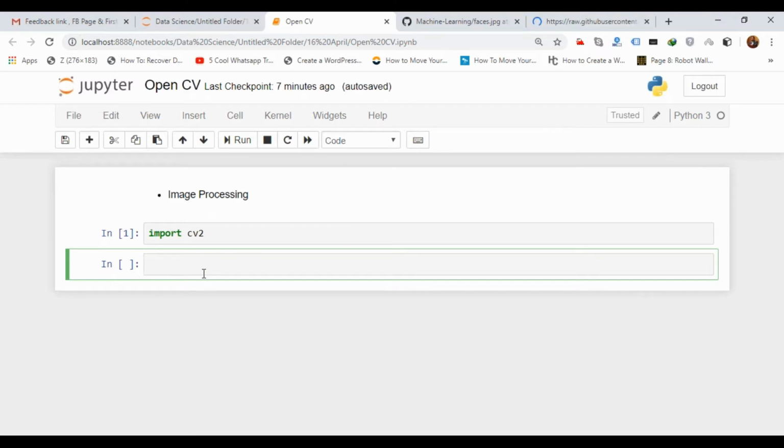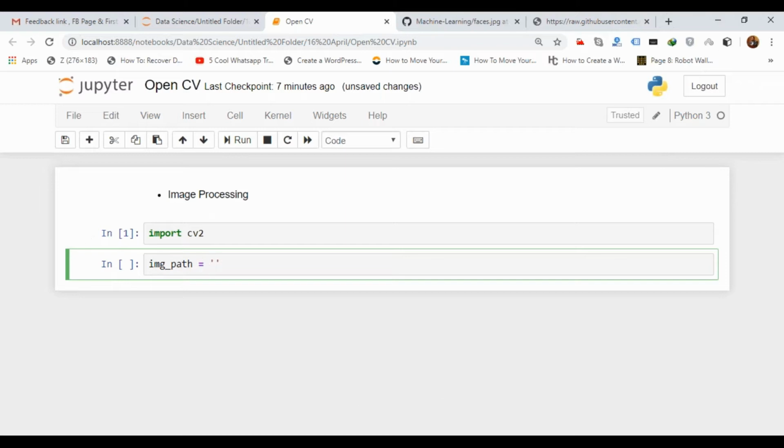First of all, I will give my face path, that means the image path.